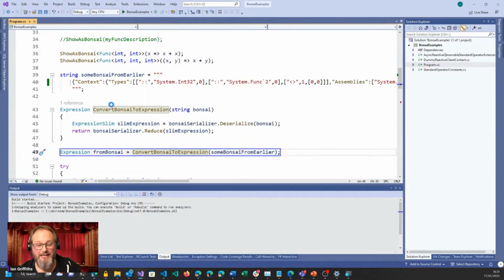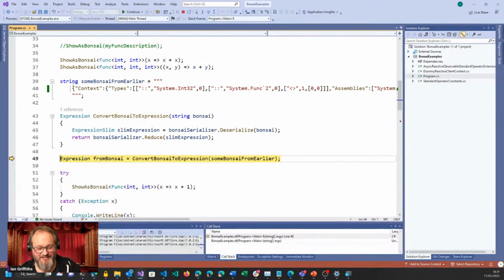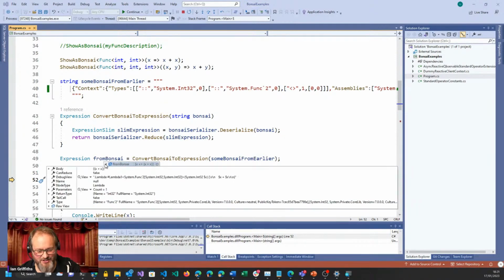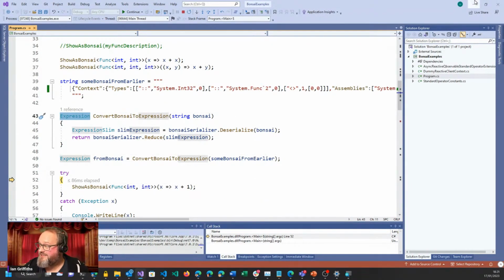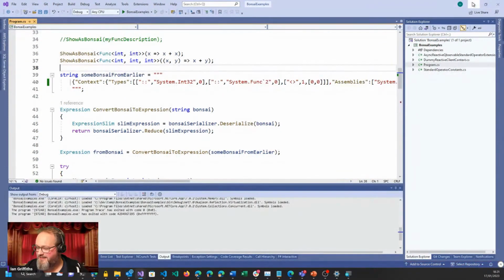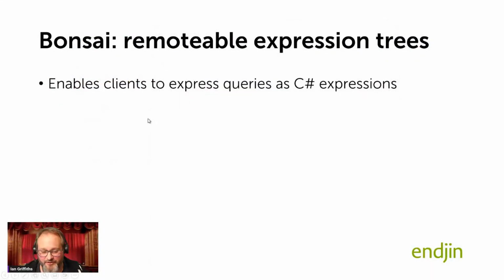So I've completely restarted the process now, so this is just me feeding a string in. It's just the text that it printed out last time. I'm feeding that in, and it gives me back an expression object, which is a .NET expression saying x goes to x plus x. So essentially, I've got the ability to serialize .NET expression trees, to send those over the network. That isn't built into .NET. That's a thing you couldn't do with .NET out of the box, but it's a thing that the Bonsai part of the code base in the Reactor repo gives you.